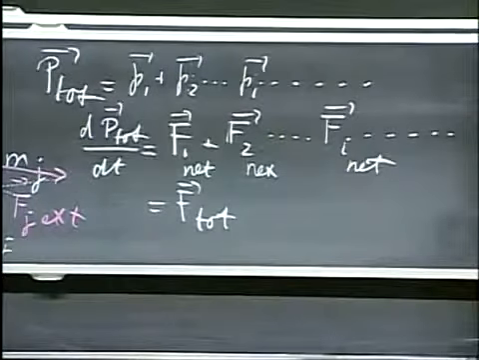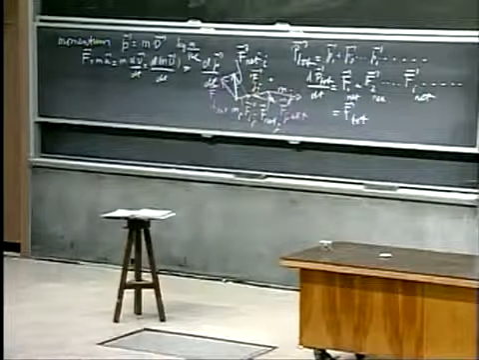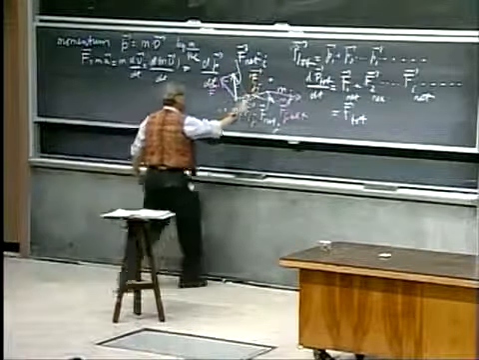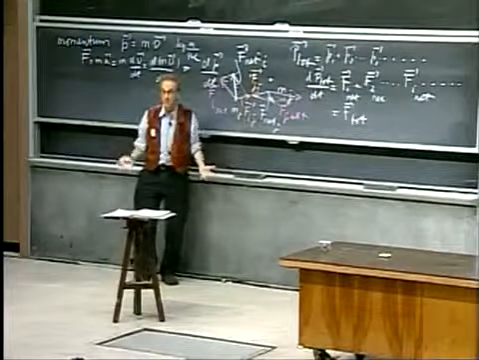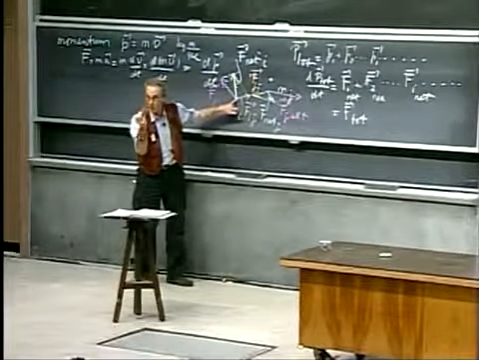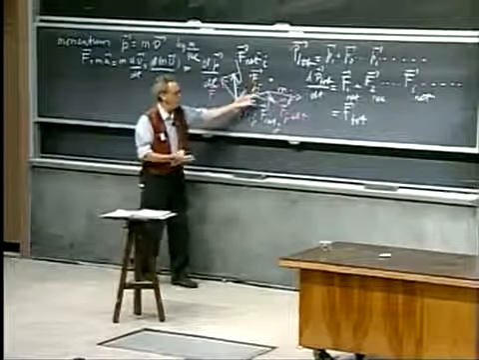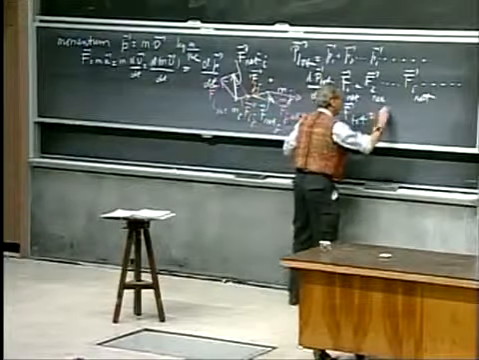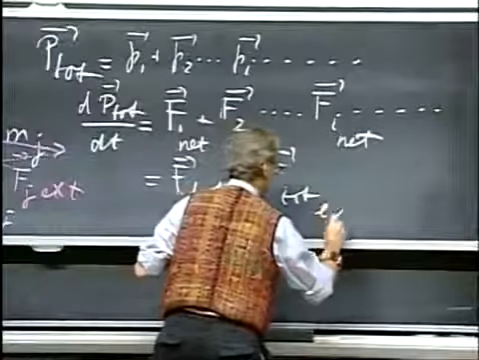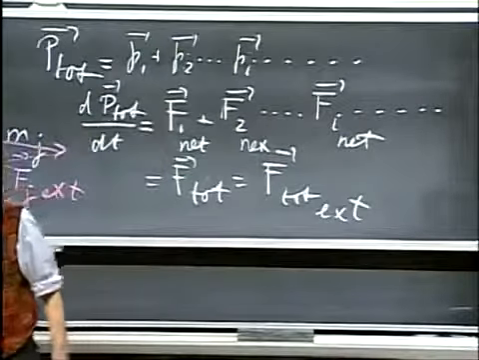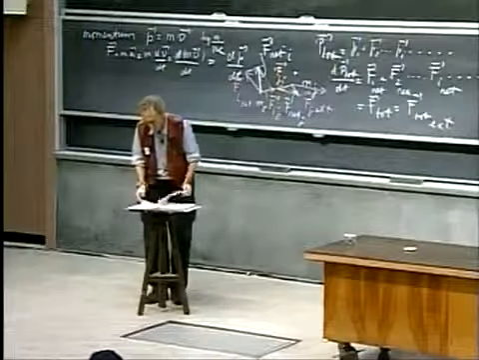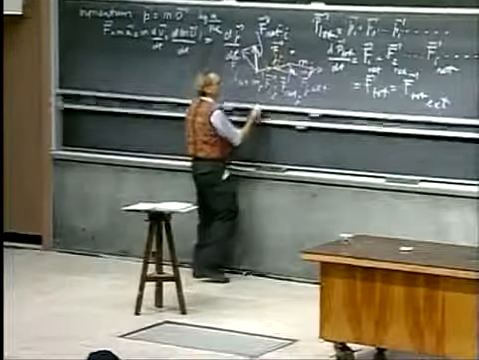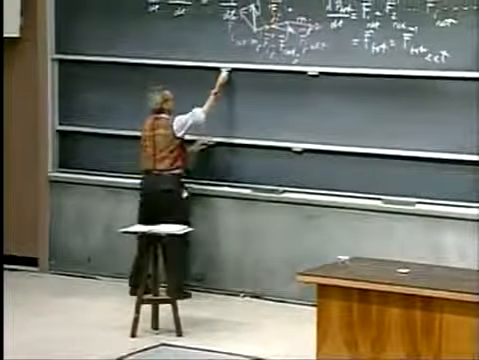Now comes the miracle. The miracle is that all these internal forces eat each other up. This Fji cancels this one if you look at the system as a whole, not if you look at the individual particles. But on the system as a whole, they all cancel each other out. And so the total force on the system is simply the total external force, and all the internal forces, you can forget about it. And this means then that we come to a key conclusion that dP total/dt,